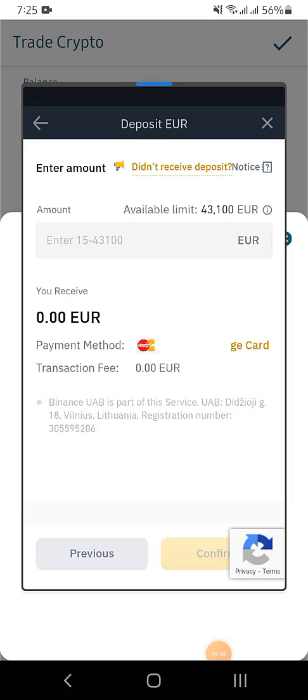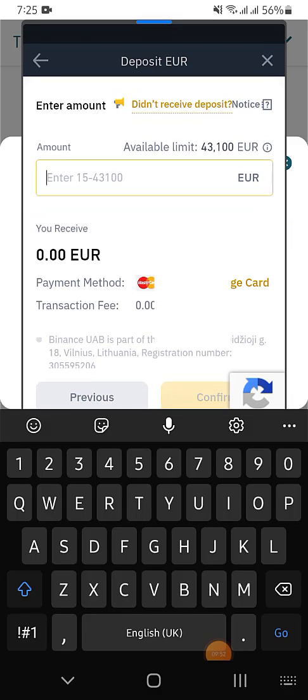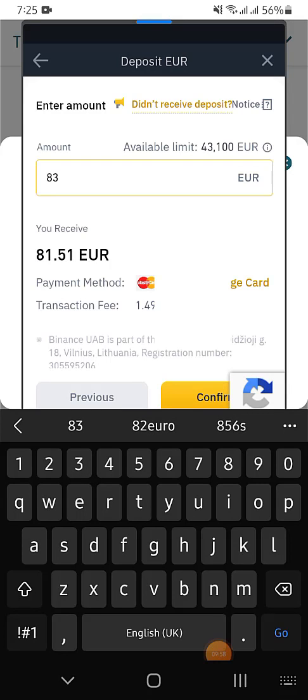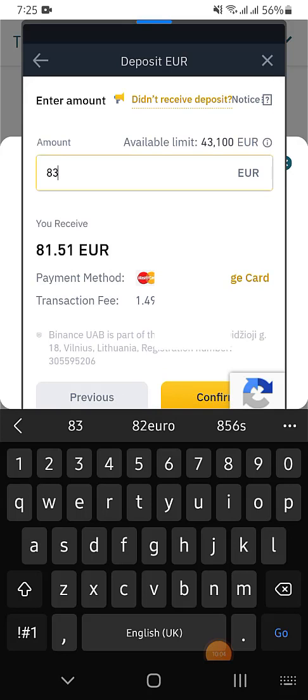Because $4 must have been charged from the PYYPL app, they would credit you $96. So what you need to do is to enter, I think it should be 82 or 83. Let me just say 83. Let me see, 83 right here. So when you enter 83 euro, Binance will credit you